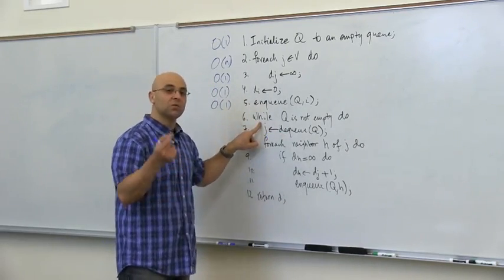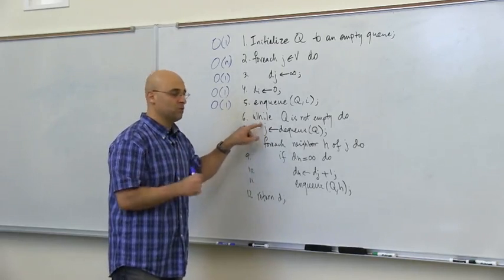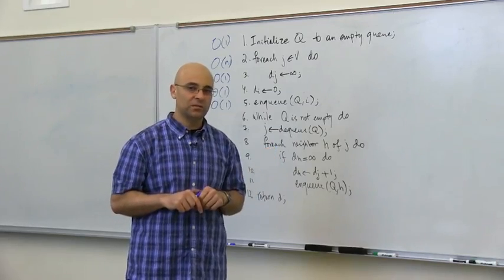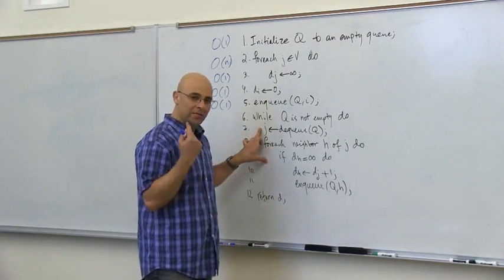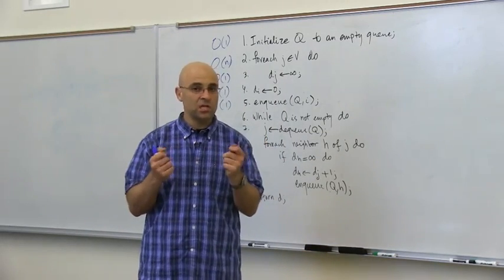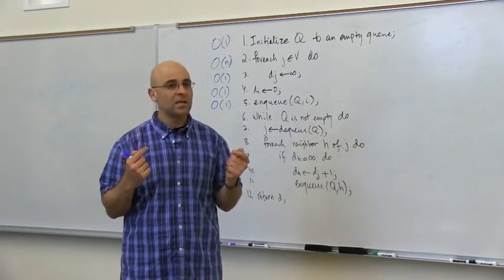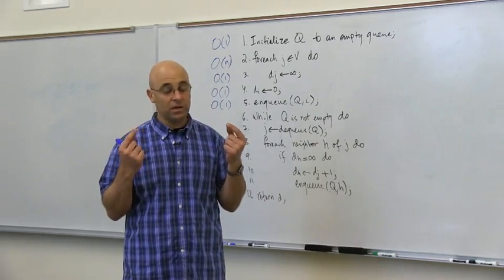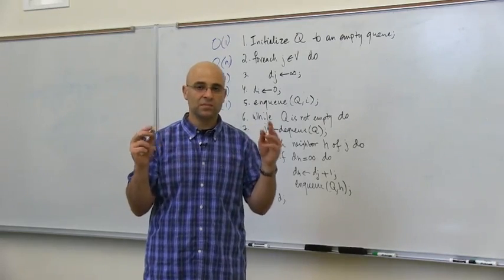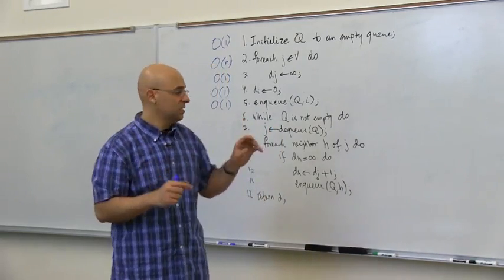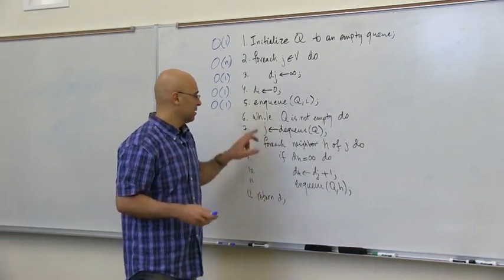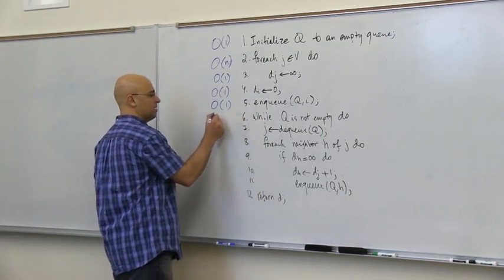So in every iteration, we are also going to remove a node from that queue. So the queue is going to have n elements added to it. In every iteration, one node is going to be removed from the queue. Okay? So if you think about these two statements, that every node is going to be added once, in every iteration, exactly one node is going to be removed. These two statements combined tell us that this loop is going to iterate n times. Okay? It's going to take n times. So this while loop here